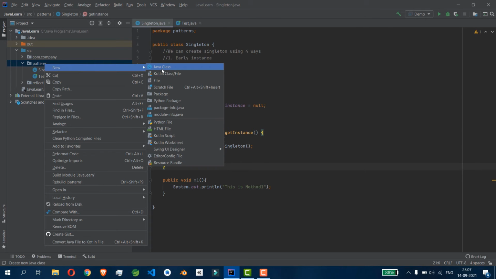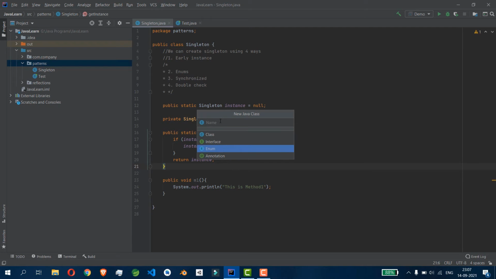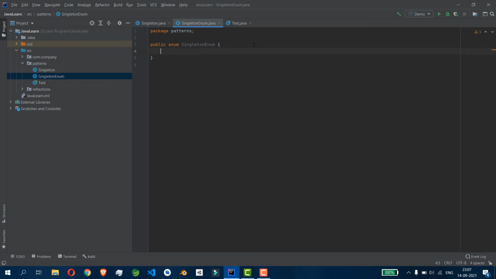The second one is using enums. Enum is a special class, a special interface in order to create constants and methods. Just type the singleton enum, with the enum keyword replacing the class. That's it. Instance, and I'm giving some methods or some values.